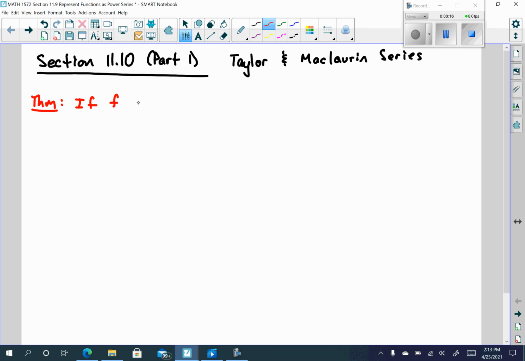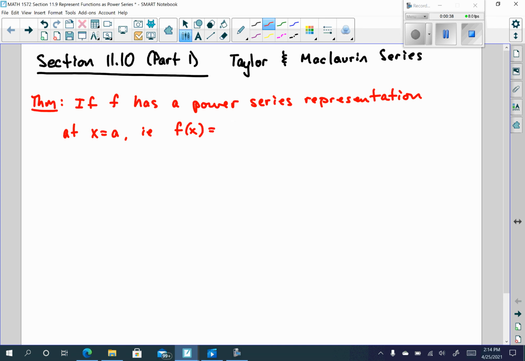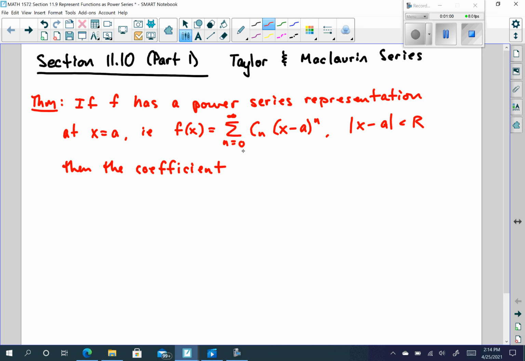If our function f has a power series representation at x equals a, say for example f of x is equal to the sum as n goes from 0 to infinity of c sub n times the quantity x minus a to the nth power, where the absolute value of x minus a is less than r, then the coefficient is given by,